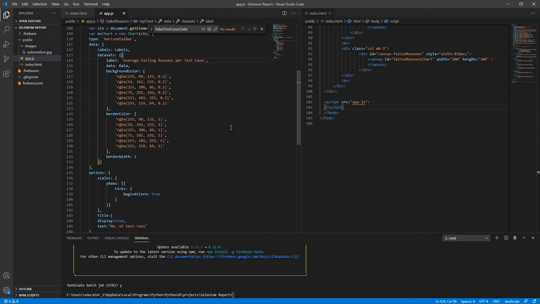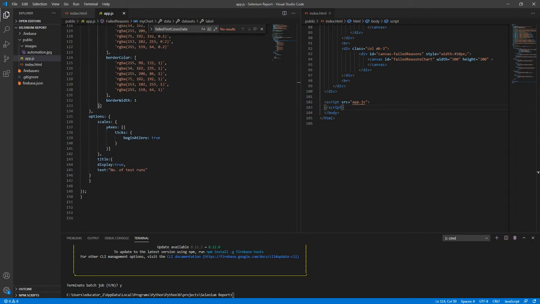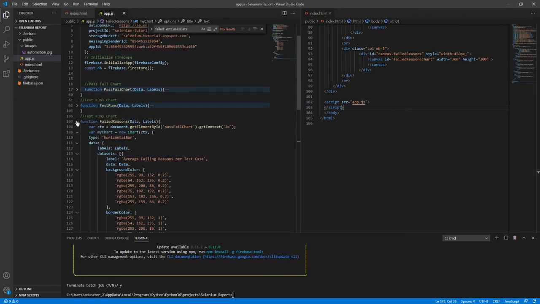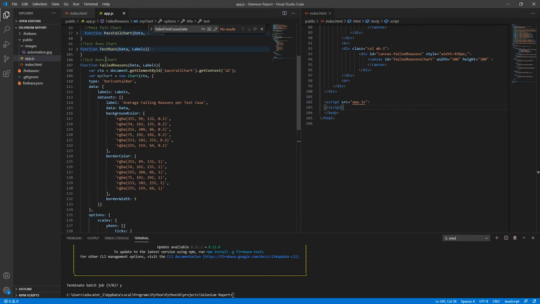You can find a better description, or you can rather say common fail reasons. Alright, and then so this is the failed reasons chart,